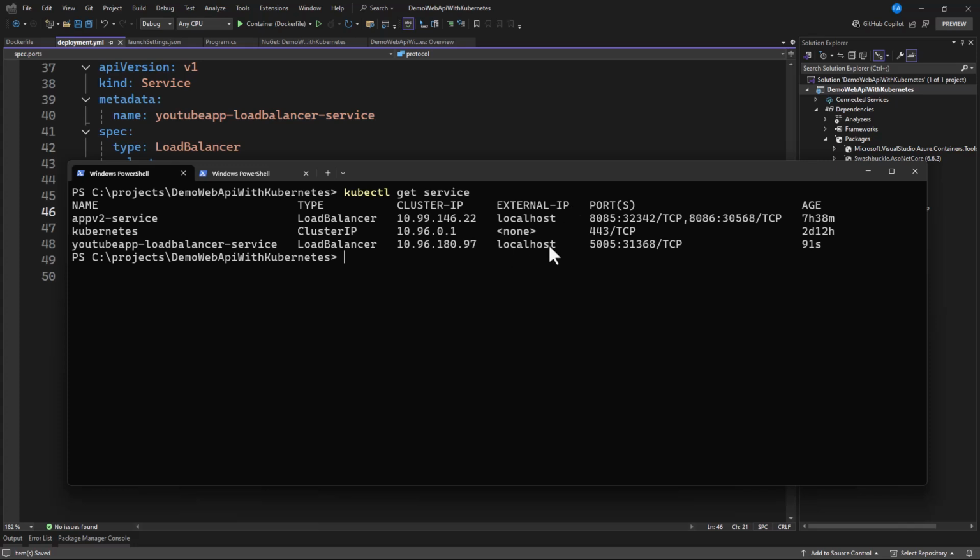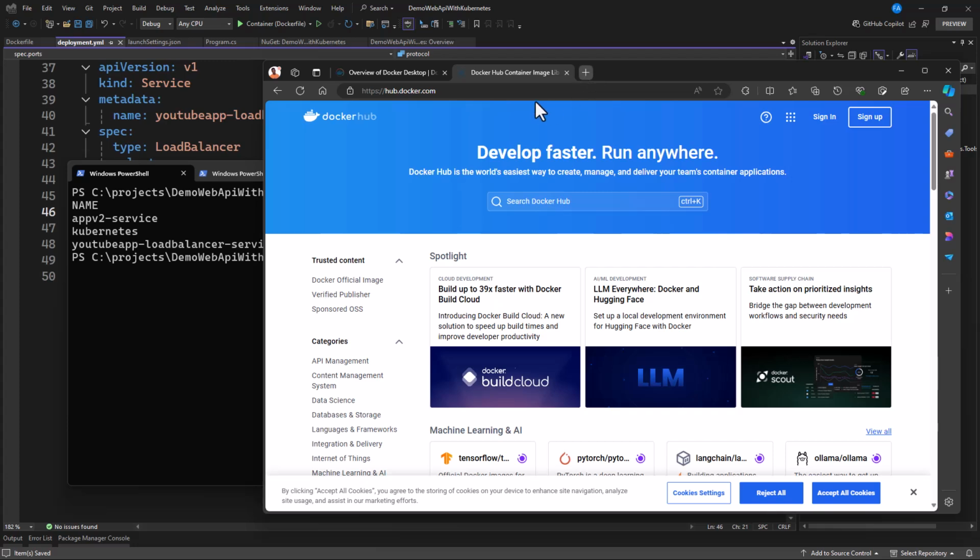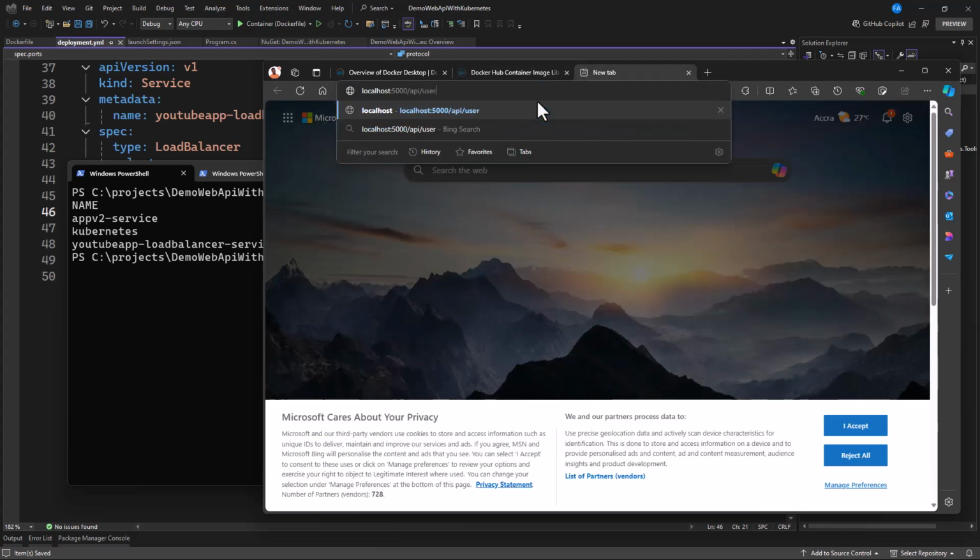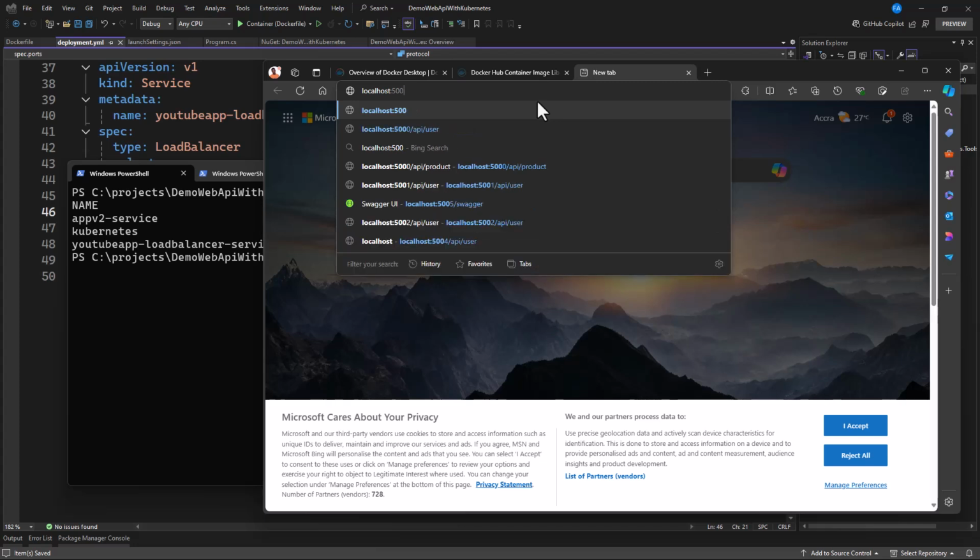That's localhost because you're running on localhost. And now this is our port 5005. So this is our port and it is running on HTTP. So now that this is up and running, what we're going to do here is run on this port and check it out and see whether Kubernetes is running an image from the container registry. So you can see that here we are not running this project. Let's bring our browser and now let's have a check. So localhost, and now this 5005 is running on HTTP.